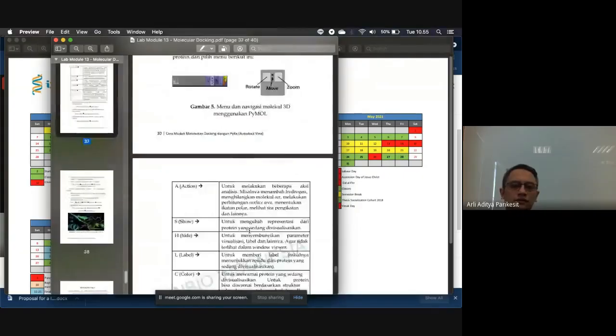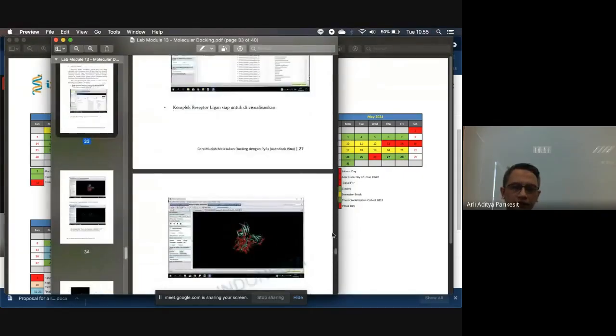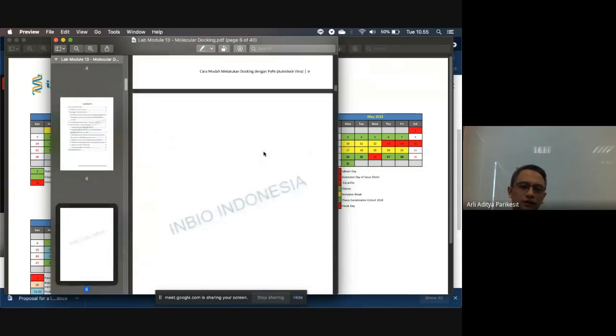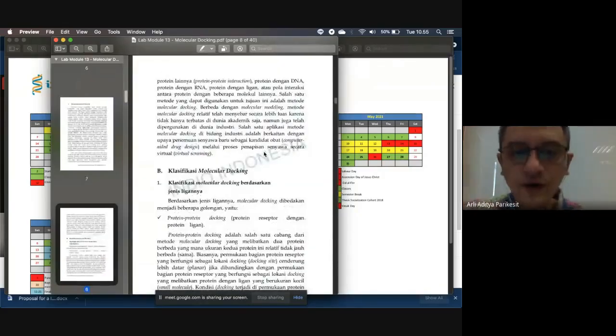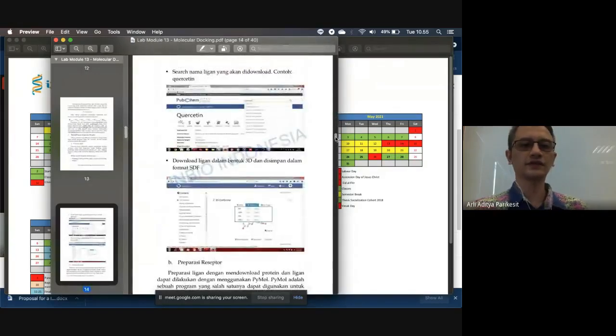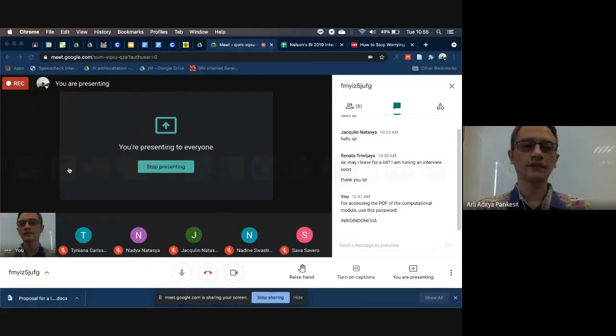And that's all. Maybe you think this is kind of long, but actually this is very interactive. You have all the theory here. You can read the theory about molecular docking. Actually, I have explained it to you before, but here I think the literature is more concise. You can just follow it. And please, what you have to do is just repeat the tutorial in this module and report it. Make screenshots and then report it in our conventional reporting style. So that is basically it.